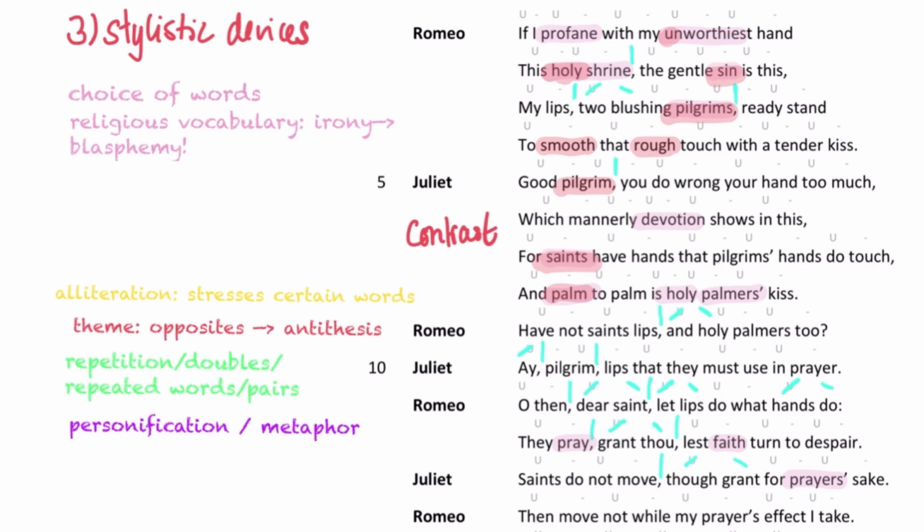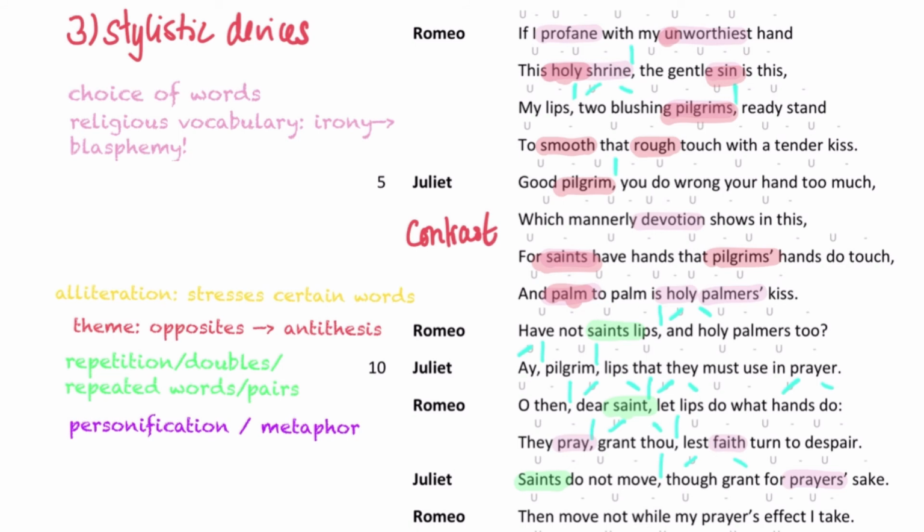So saints and palmers could also be seen as an opposite. So we noticed that the saint was already highlighted by these